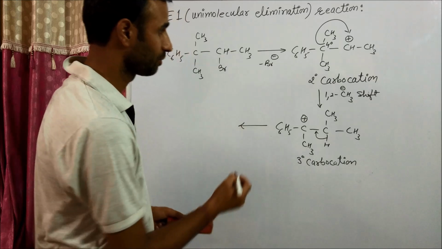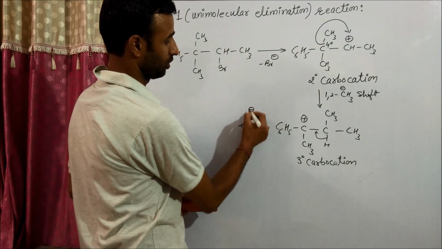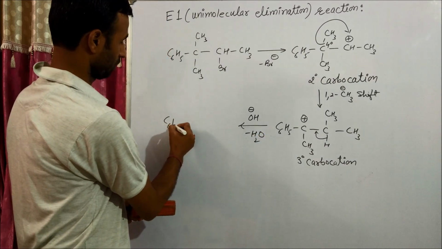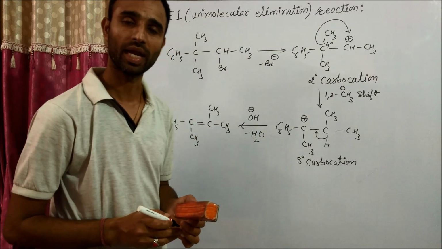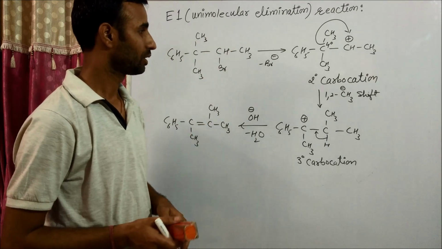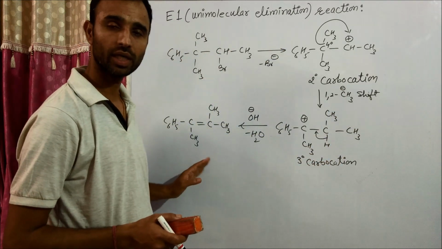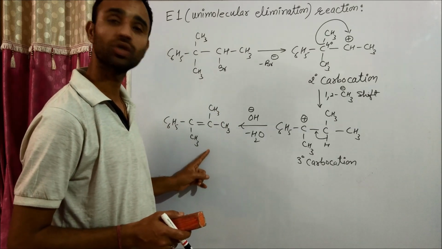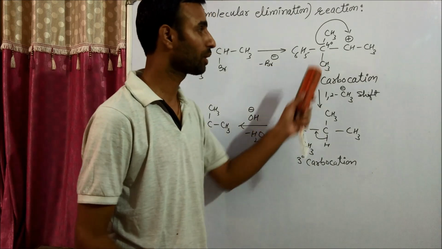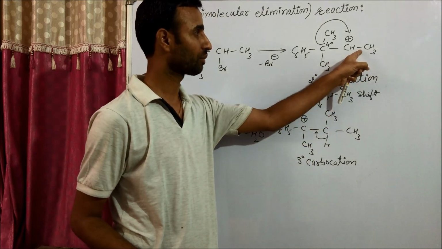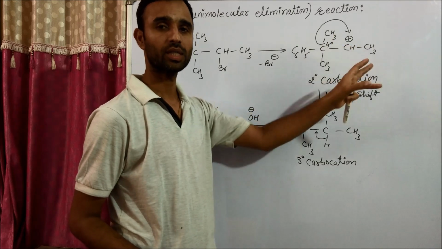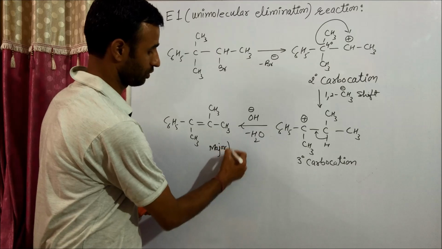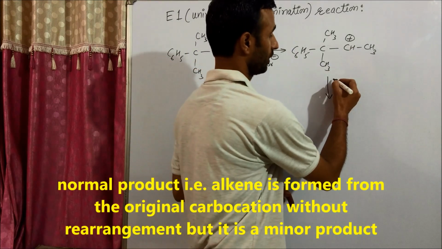Remove the H plus ion in the presence of OH negative. So water is removed and we get this alkene. So this is a rearranged product. That means in the E1 reaction we can get a rearranged product. It can form a simple product when H is removed from here, with a double bond, but that is the minor product, and this one is major. This carbocation is formed, and in the presence of